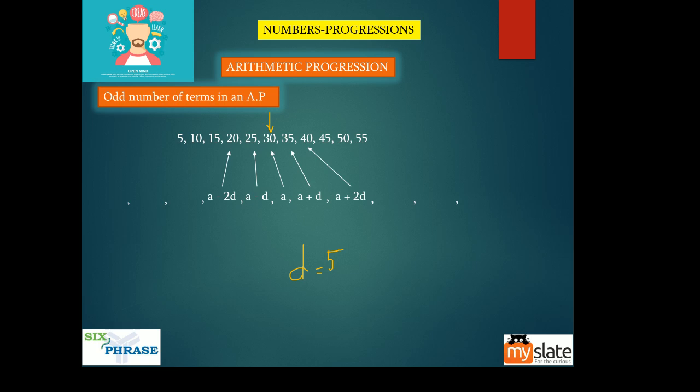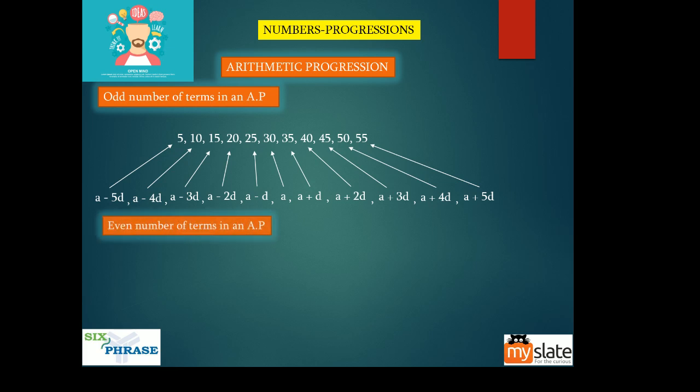So this is how we express it in the form of A and D when an odd number of terms are given. A plus 3D, this will become A minus 3D, A plus 4D, A minus 4D, and so on and so forth. A plus 5D, A minus 5D. Why do we represent it this way? I'll tell you the reason, guys. Do you remember in the previous slides, I showed you something where it said A plus D, A plus 2D, A plus 3D, A plus 4D? Why not use that? Why do we use this kind of representation? I'll tell you the reason. But right now, just know when it is odd, we represent it like this.